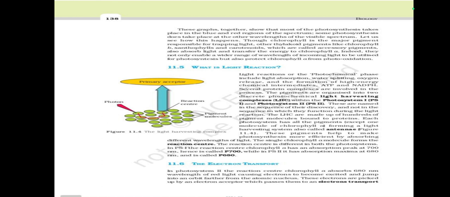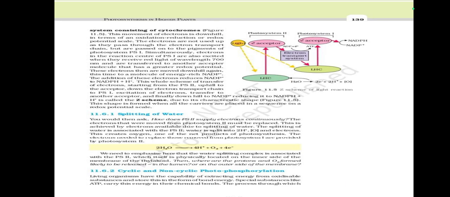These electrons are picked up by an electron acceptor, which passes them into an electron transport system consisting of cytochromes. Figure 11.5. This movement of electrons is downhill in terms of an oxidation-reduction, or redox, potential scale. The electrons are not used up as they pass through the electron transport chain but are passed on to the pigments of photosystem PS1. Simultaneously, electrons in the reaction center of PS1 are also excited